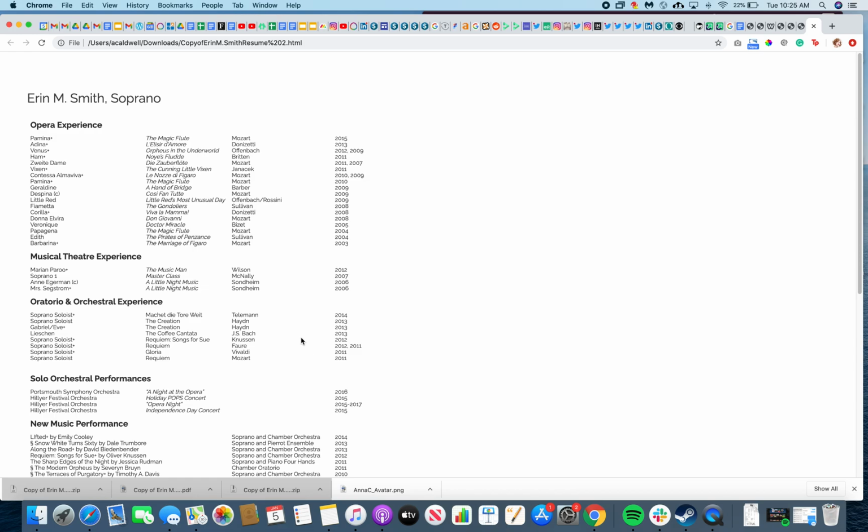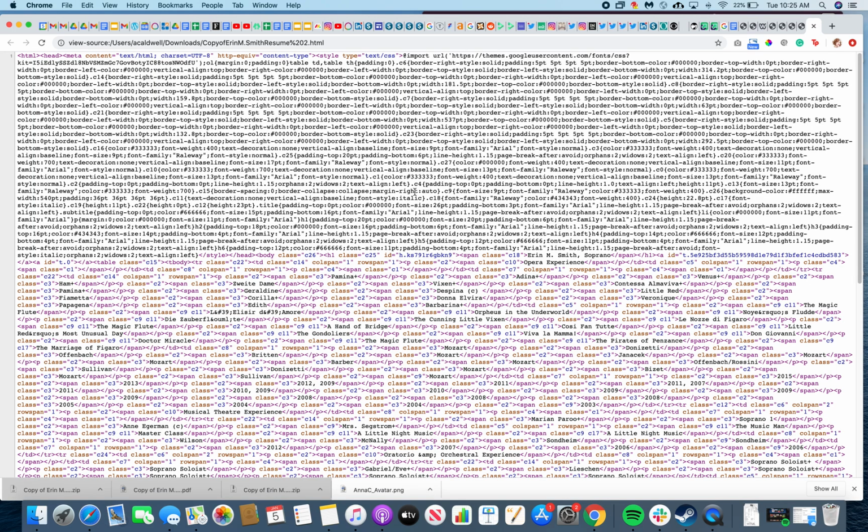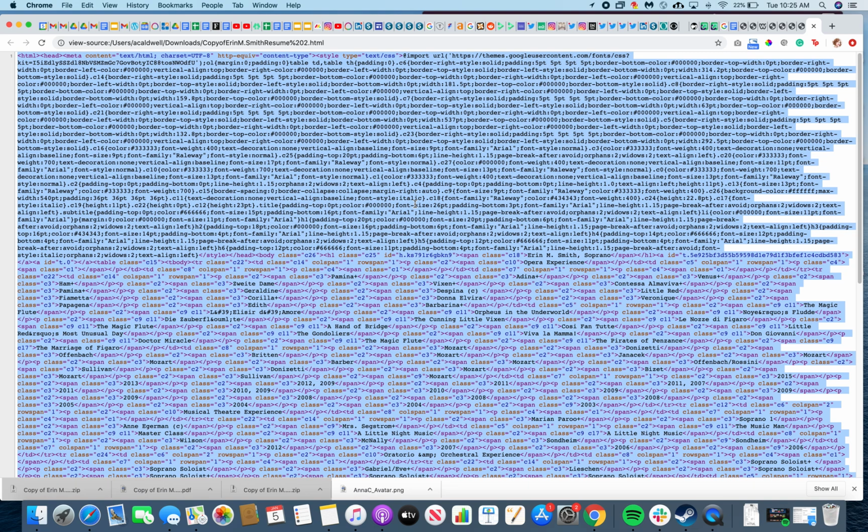So what we need to do next is get the code for this page and paste it into the Weebly site. All you need to do that is right click, select View Page Source, copy the code. You can just double click and it will highlight all of the code, then you can copy it,